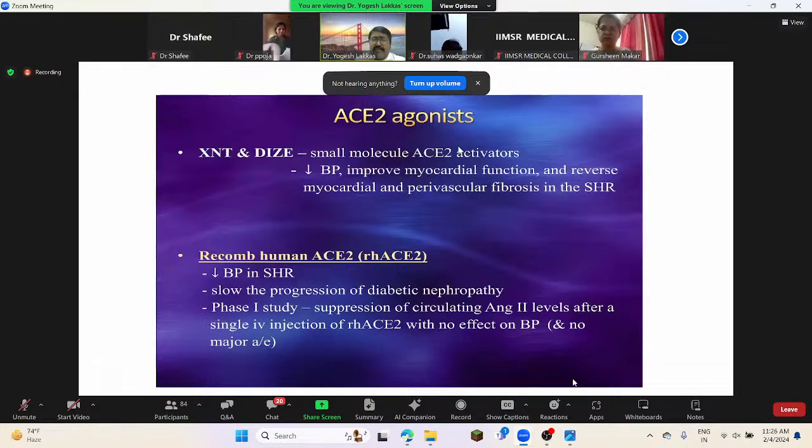Angiotensin converting enzyme 2 agonist: here we need the agonist. These two molecules are in the picture. The names are difficult to remember because research is going on in a vast way, and science is the important thing, where we can alleviate symptoms and diseases because of science, and we also have to search for newer molecules. We always need to have the data on that, safety data also. So these are the important things that we have to search for.